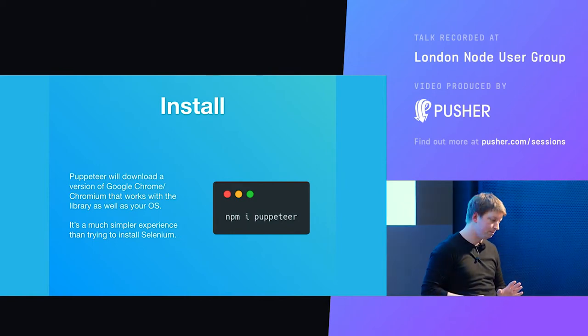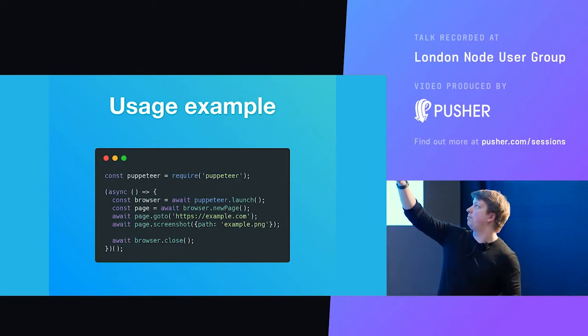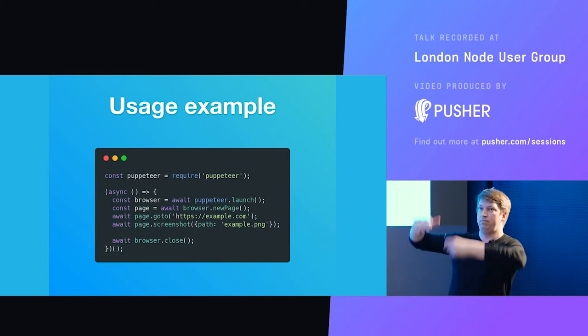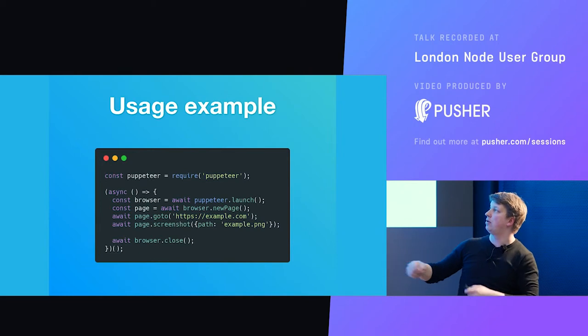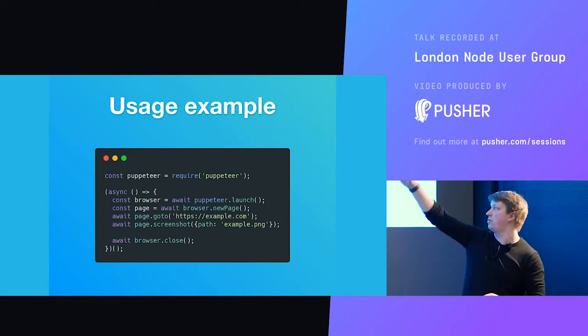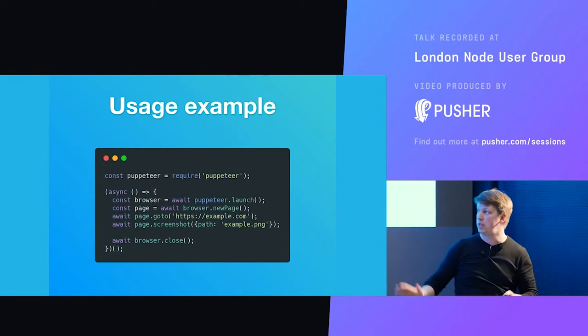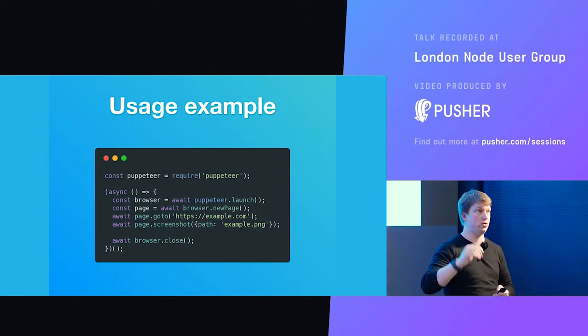This is just much simpler. So here's a quick sample. You've got Puppeteer, require Puppeteer. You say in async await mode, you go await puppeteer.launch, which boots it up. Page, await browser.newPage, loads up a new page, and then you can say go to this URL, and then take a screenshot and save it at example.png, and then close. I'm done. And that's a nice simple example that's literally gone to a website, taken a screenshot, and then shut